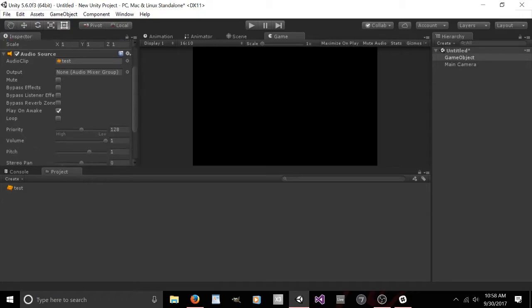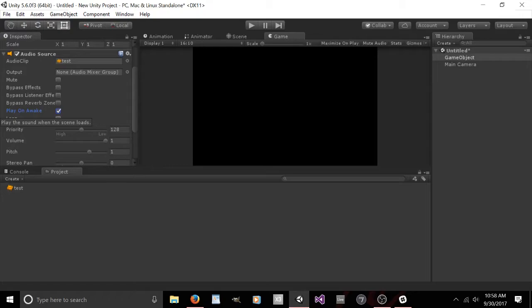And let's go through some settings here. First off, mute. Definitely important. I figure you can probably figure that one out on your own. In the same vein, loop is pretty intuitive. Play on awake, maybe not so much, but as you can see as you hover, Unity explains, play the sound